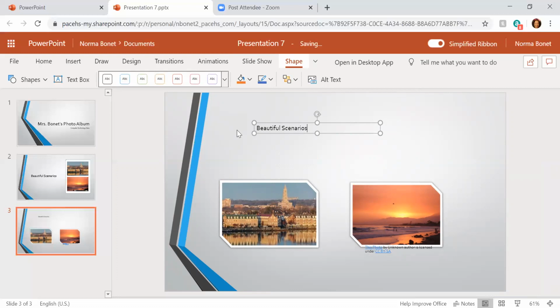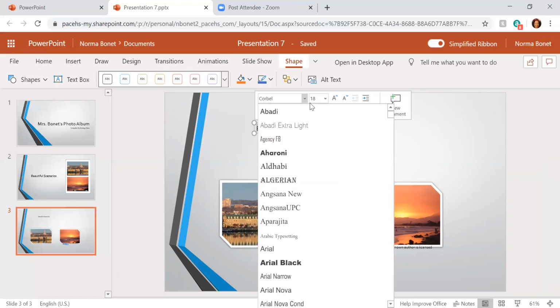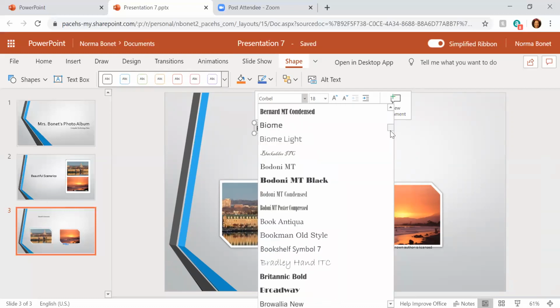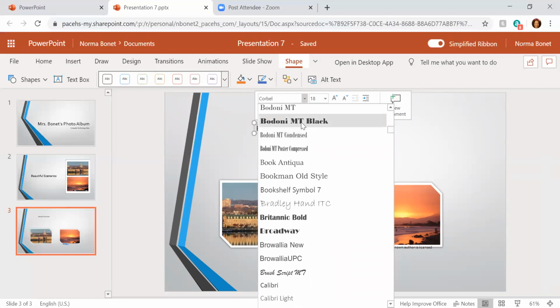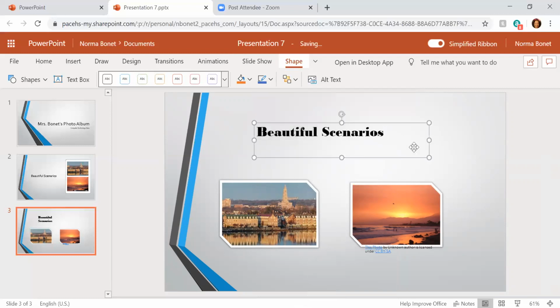Now, with this, you don't have to keep to the same font that is presented here initially. You could just highlight it, and if you want a different font, we could go ahead and look through these options over here and find one that maybe is more appropriate to present here. We could also maximize it by choosing the font option here for the number. I'm going to go ahead and open the beautiful scenario,